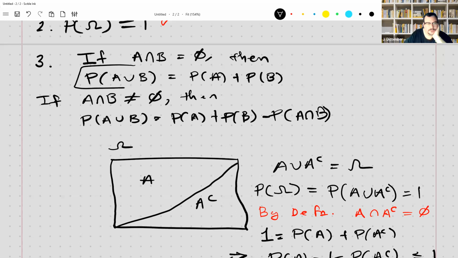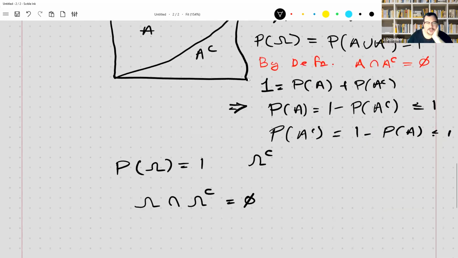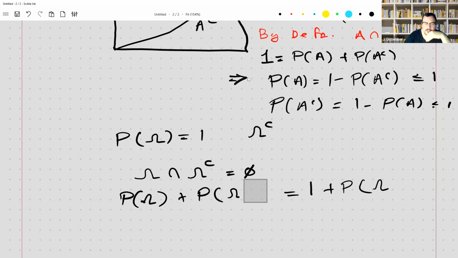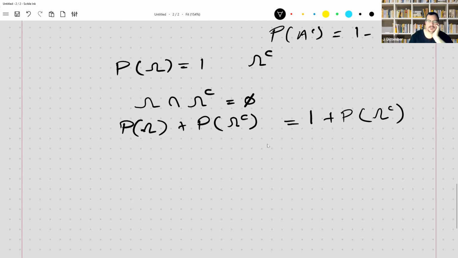This one. So that's going to apply here, so that we can say that the probability of omega plus the probability of not omega. Well, we already know that this one is 1, so it's going to be 1 plus the probability of the complement of omega. So let me write it down here. So basically, what have I got? I know that it's 1 plus the probability of the complement of omega, but this is equal to,